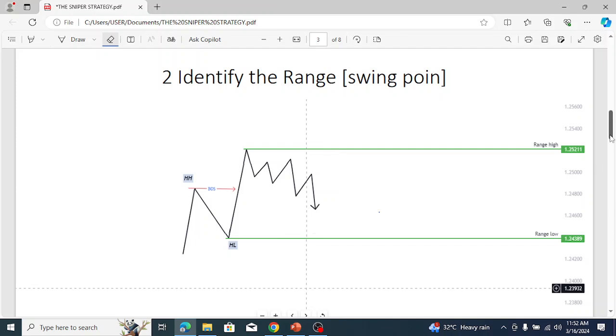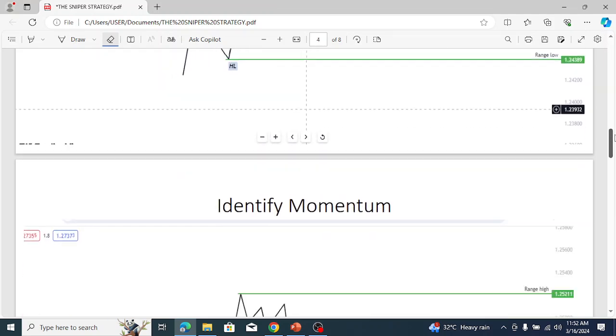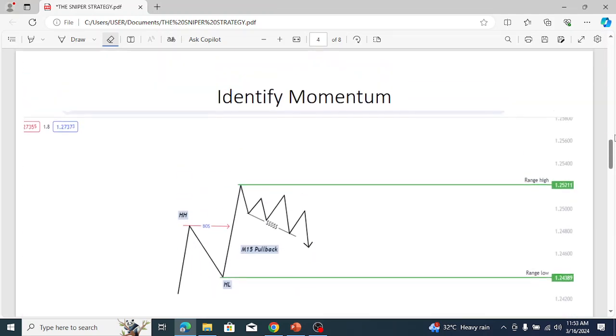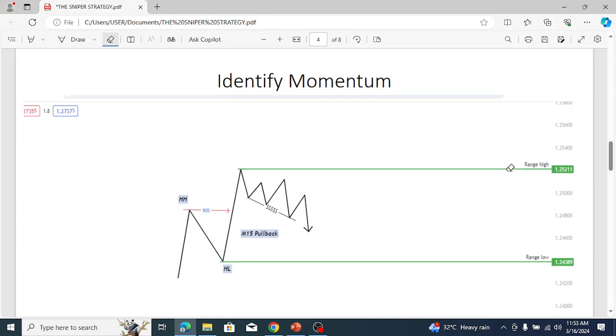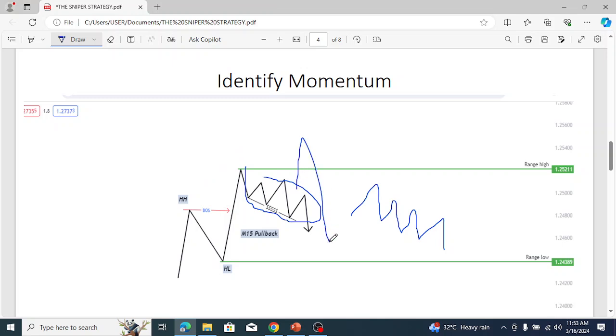Then number three, identify your momentum. Where is your momentum? I know this will be a little bit confusing. What I mean by momentum is, look at this correction here. See that the market is correcting in a corrective way, like it's making lower low, higher low, lower low, higher low, lower low, higher low. You understand? The market is just doing something like this and coming